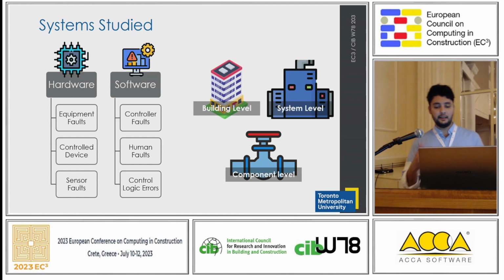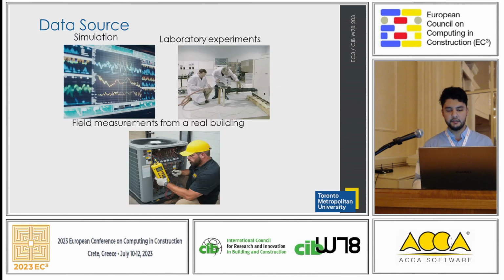The detection of these faults can be implemented at the building level, system or subsystem level, like air handling units, and component level, like damper. The main difference is that we look at different sources of data. At the building level, for example, we mainly focus on energy trends in order to detect non-optimal operational patterns, and we monitor overall performance of the building, like energy usage.